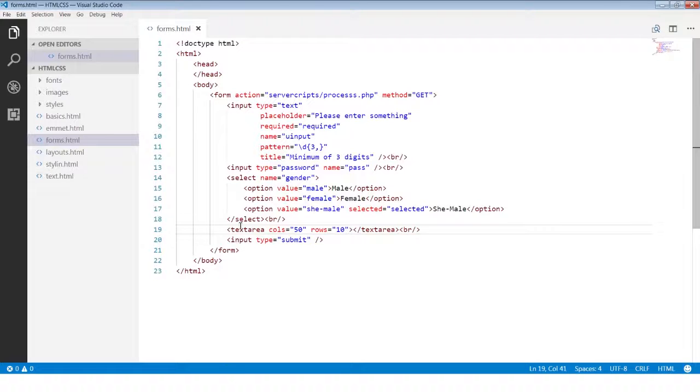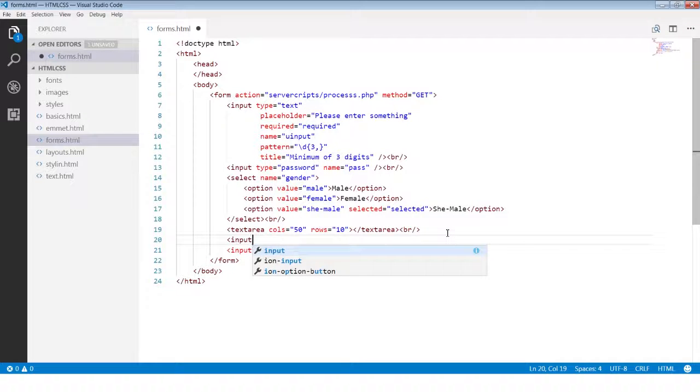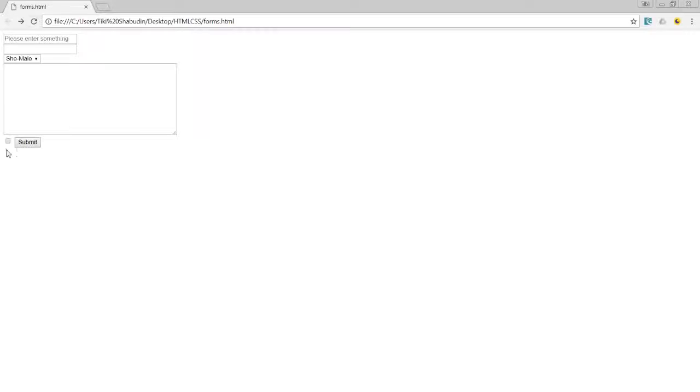Another very common type of input for forms is essentially the input type equals checkbox. Okay, now a checkbox is essentially, just like its name suggests, it's a checkbox right there. Okay, so a checkbox is for putting down a true or false. If you have something that you want to get a true or false value returned,